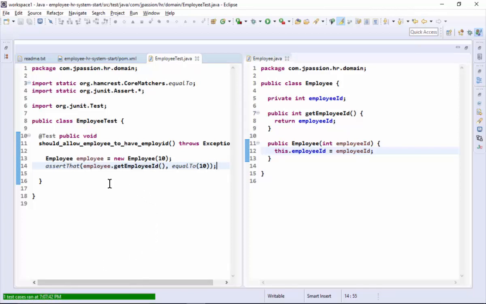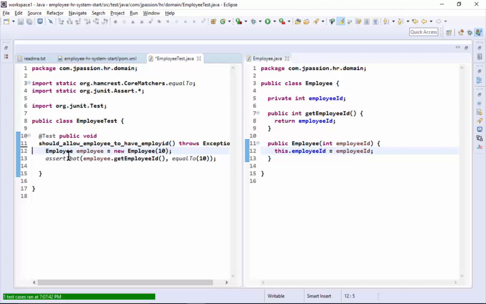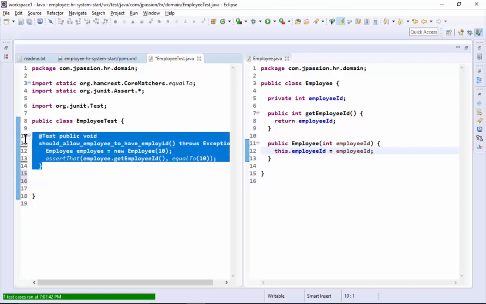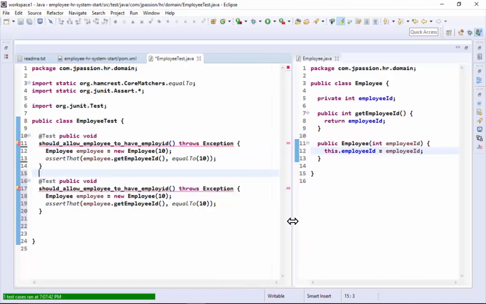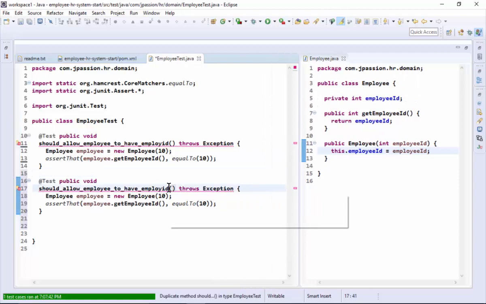All right. So we also need to make sure employee has a first name and last name. So let's have another test. Let's just have these blank spaces removed. We are going to have should allow employee to have first name and last name. I'm going to just copy this code. And here we are going to say employee have first name and last